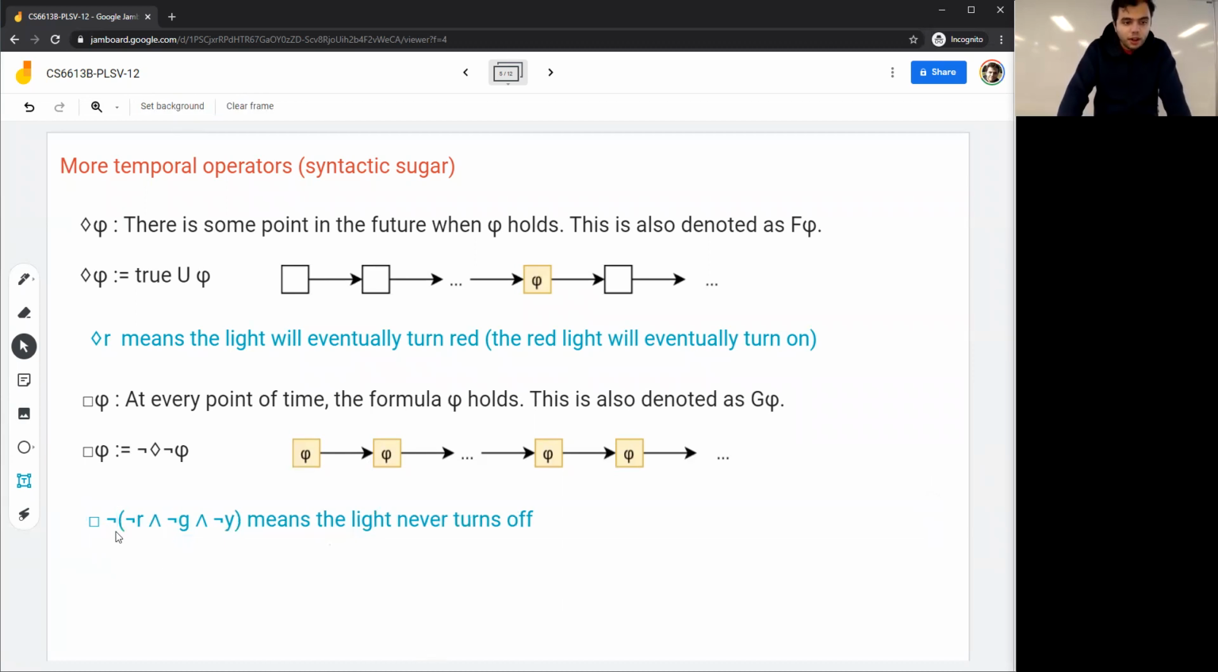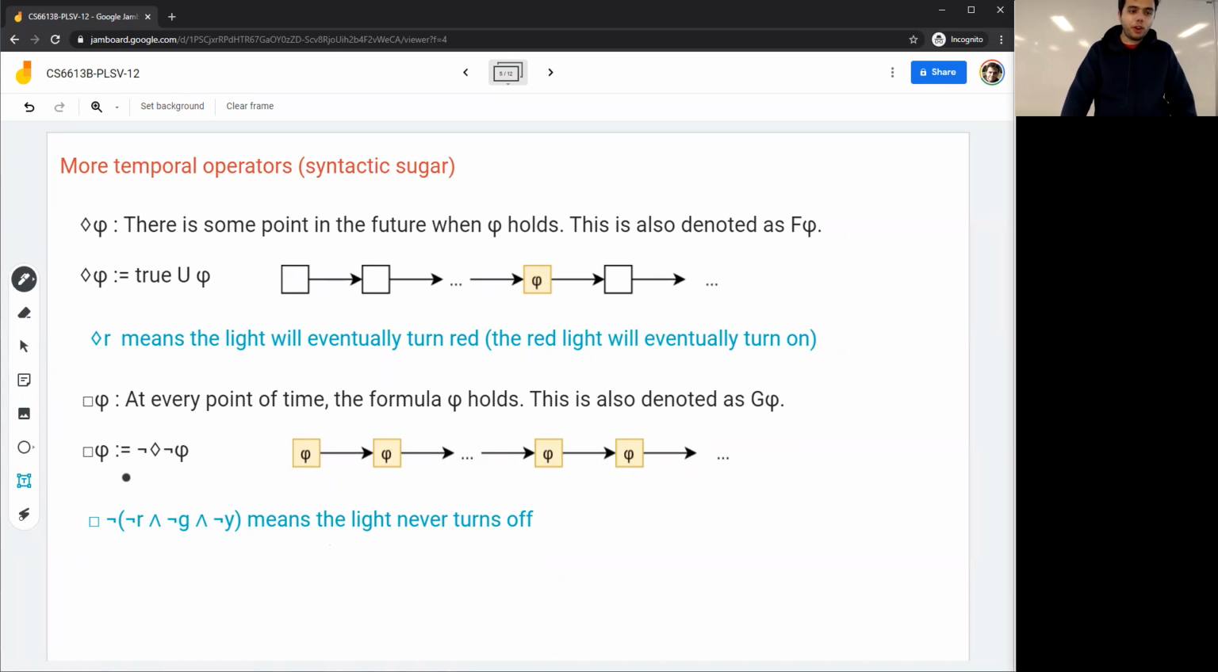So when I say I always have this property, it means that the light never turns off. So there is no point in time where all the 3 colors are off, right? And now again, I can define this as syntactic sugar. How do I define this as syntactic sugar? Well, I just use the dual that I had here. So always phi is the same as not eventually not phi,